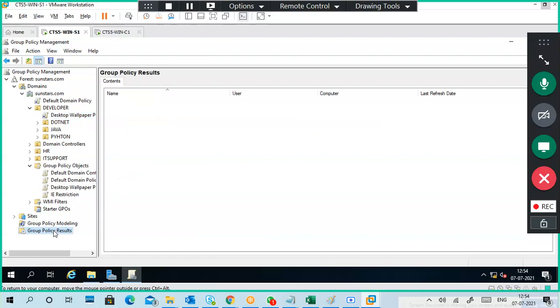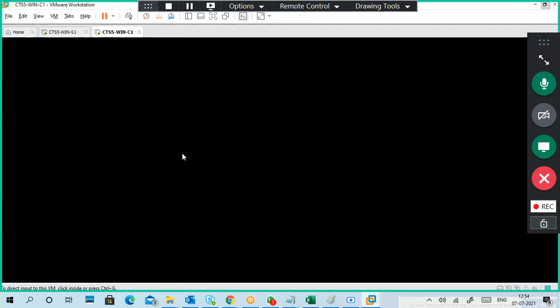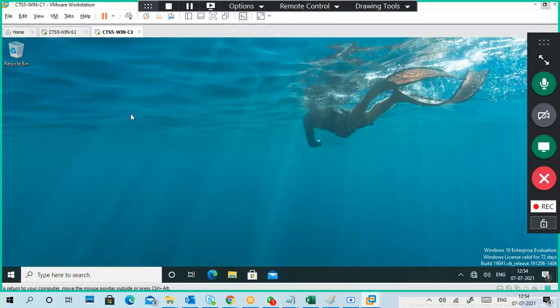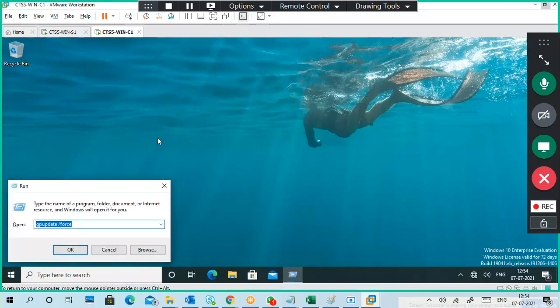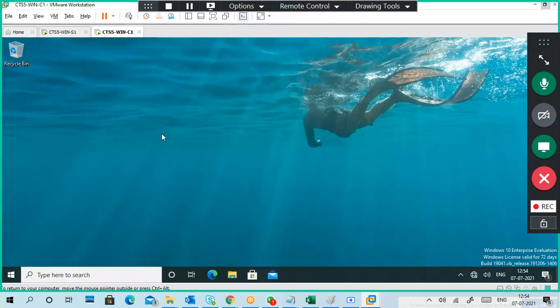Okay. This is the result. Result means what is the result of the current policy, what is the effect of the policy. But I will show you the result in a different window. So this is my client.